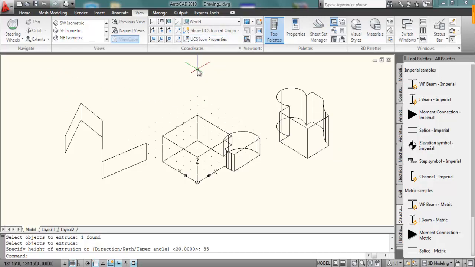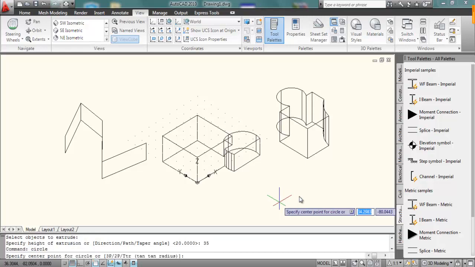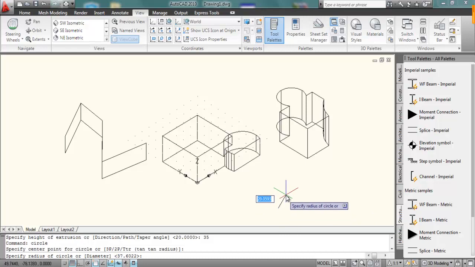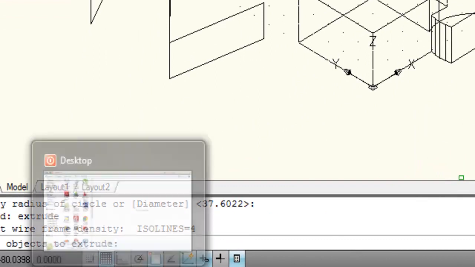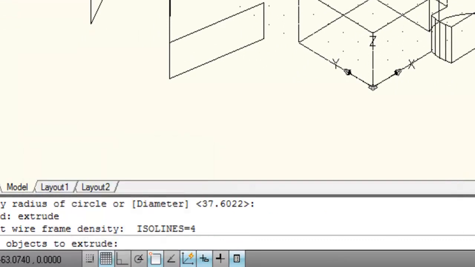We can also make tapered objects using the extrude command. Let us try with the circle. Create a circle with the required base. Type extrude. Select the circle.